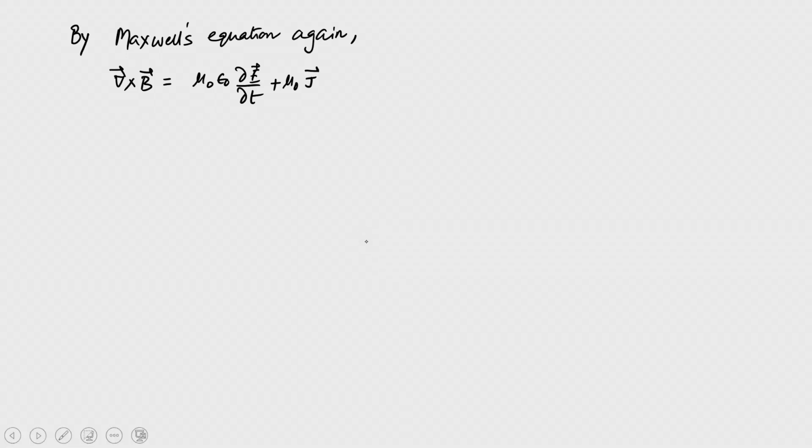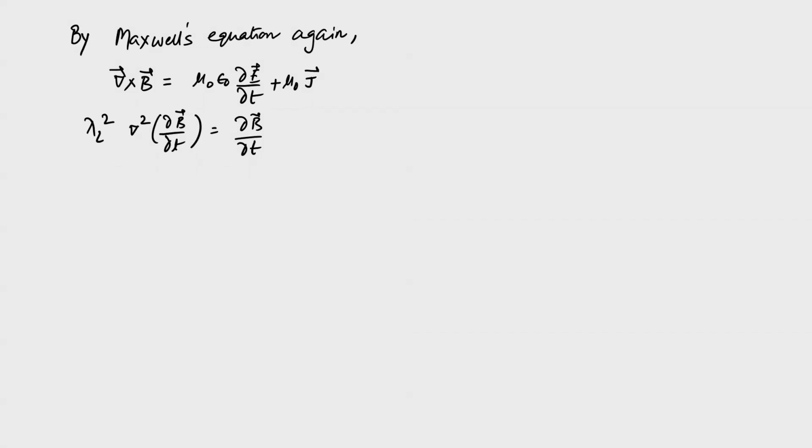Let us look at what happens to the right hand side of the equation by using Maxwell's equation again. We can write down the curl of B. This is equal to mu 0 epsilon 0 del E del t plus mu 0 J. And if we use this, then we can write down lambda L square del square of del B del t. This is equal to del B del t, and this equation, since it is true for the rate of